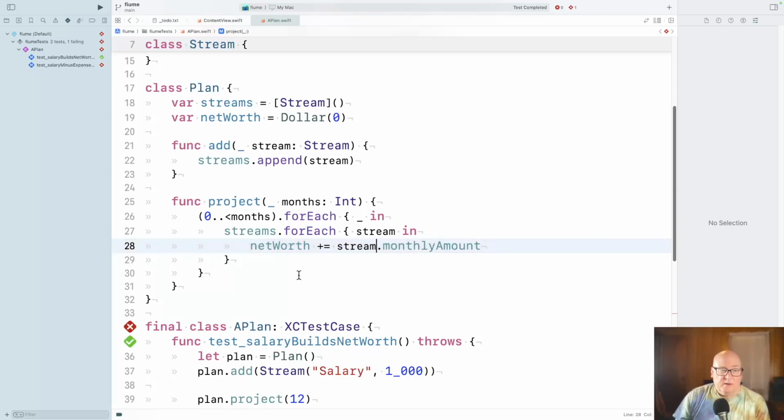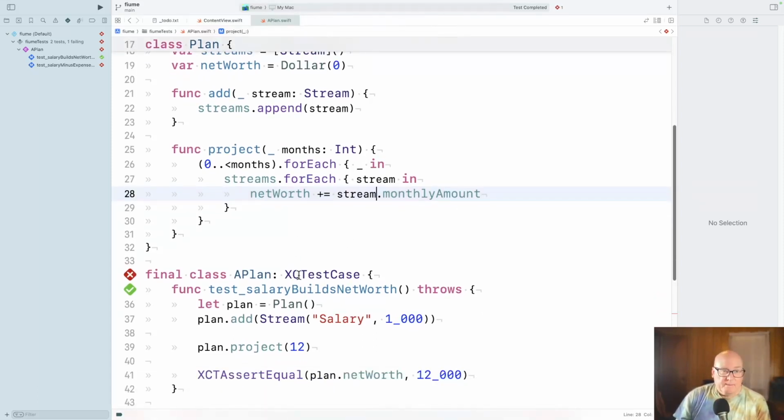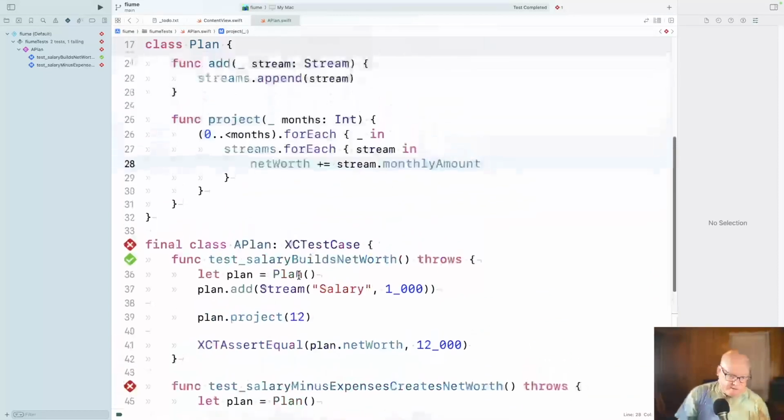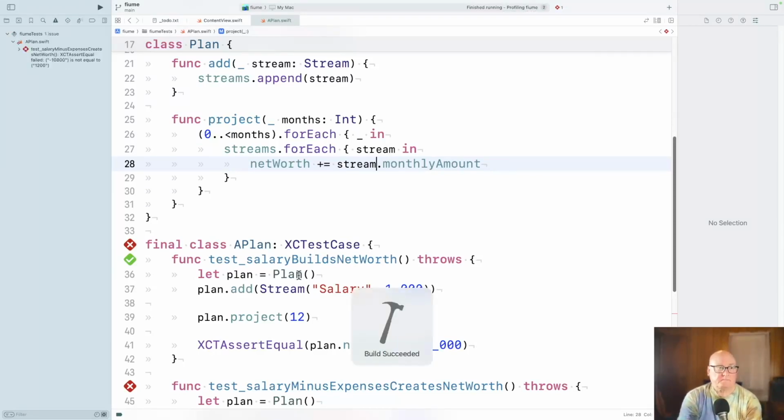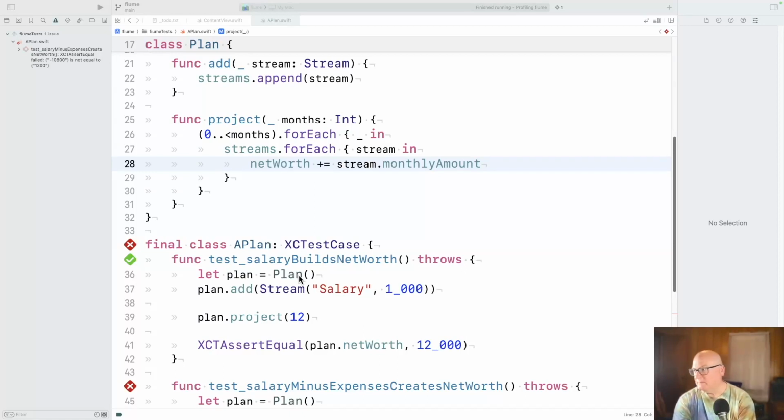Okay, so I think that should do it. If I hit the wrong thing, it's telling me to choose a profile template.